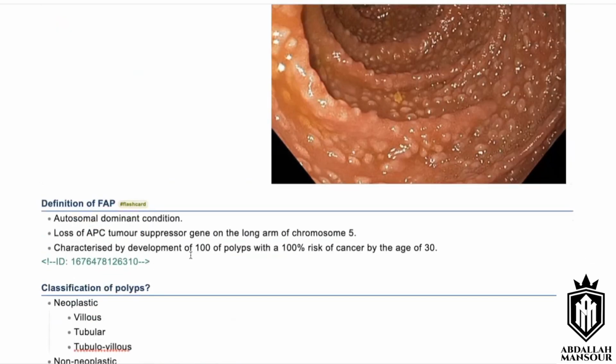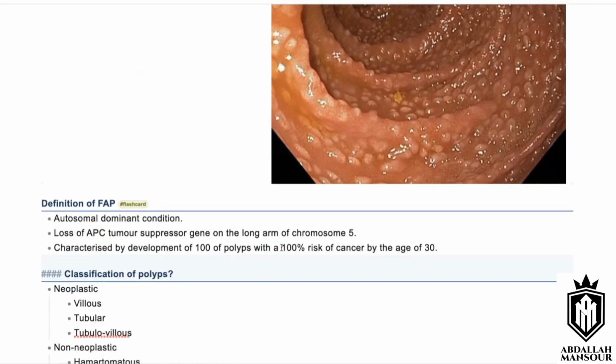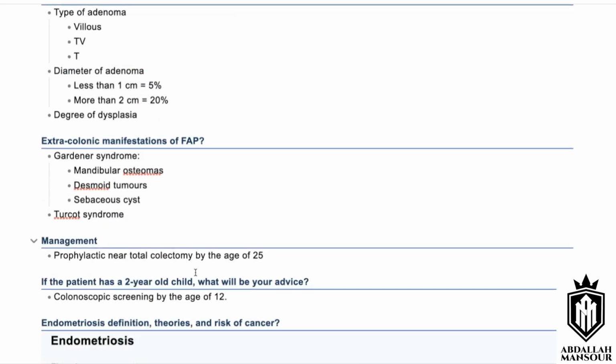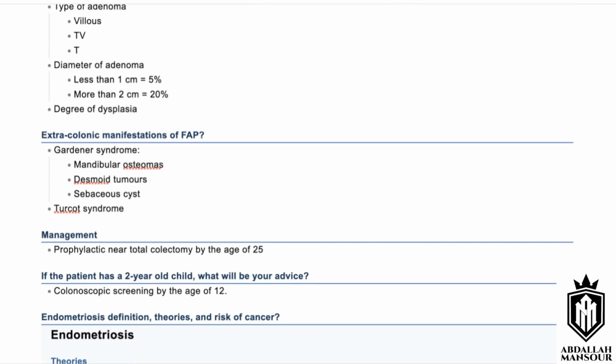So I think you've answered pretty well. The only thing is try to revise the classification of polyps: neoplastic, non-neoplastic, and inflammatory, and also the malignant potential. Try to mention the subtypes. You mentioned the size and so on, but try to mention the details. And that's pretty much it for familial adenomatous polyposis. Cool. Let's go to